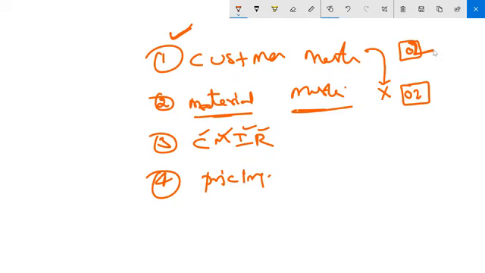Right. So it is applicable for every material this customer is buying, right? I may have 10 materials, but I want him to be a medium priority customer for only one material called X. Rest all the materials I want him to be high priority. If I change it at the customer master level, what happens? That will be applicable for every material this customer is buying, right? That means I cannot do it at the customer master level. Where can we do this? We can do it in the CMIR.